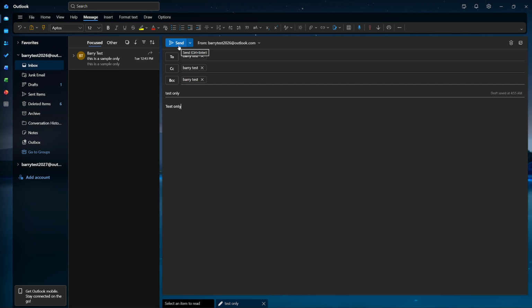Now, enter email addresses where they belong. To for the main recipient or decision